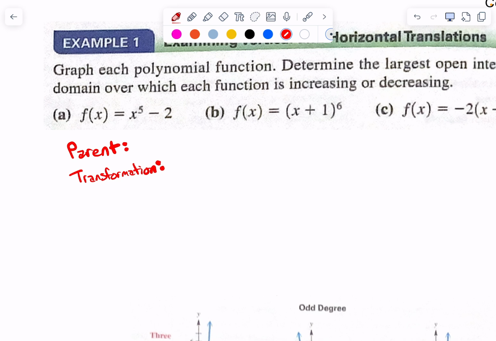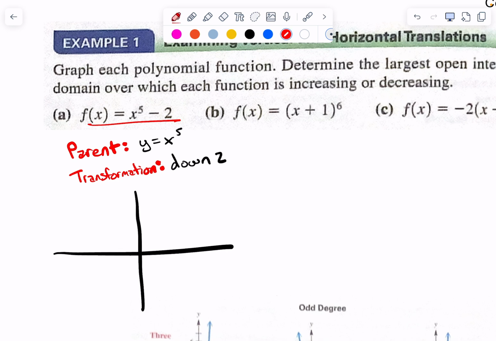Okay, so if I'm looking at A, what's his parent function? Like, what's his starting function? X to the fifth. And what's the minus 2 do? Down 2. Okay, so if I go to graph him, x to the fifth is going to go